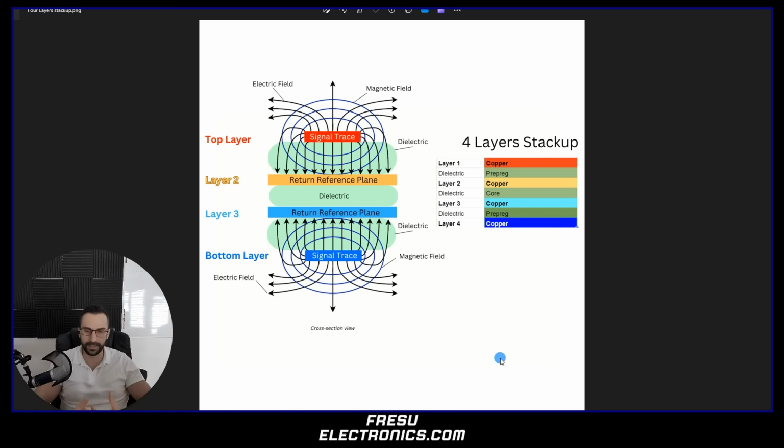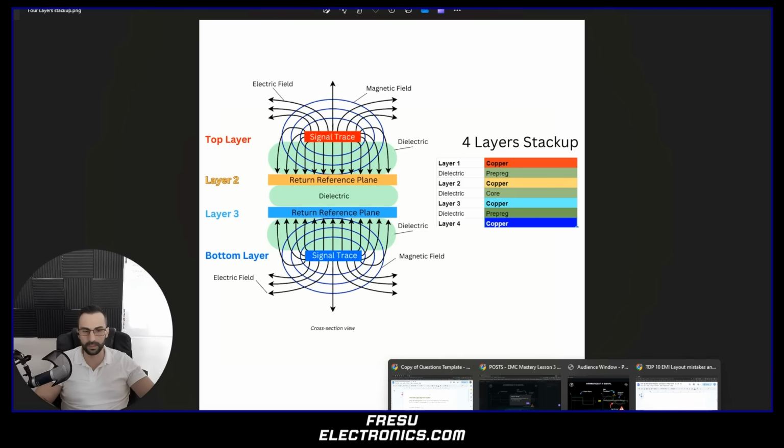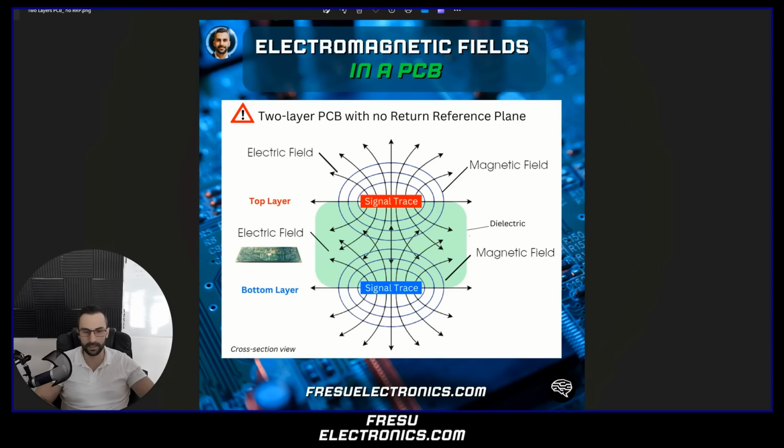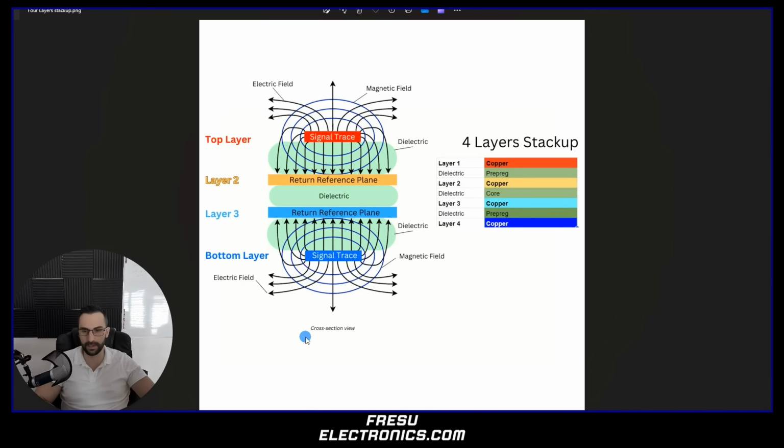Okay, so how do we choose when we have more layers? When we have more layers, the best way is always to think in terms of signal trace and then return reference plane. So always you want to build it in this way. And why is it important to build it in this way? Because of what we said before. If we don't have this case, then the fields start to contaminate each other, like we saw in this case. So we really want to choose a scenario where the signal trace always has the return reference plane